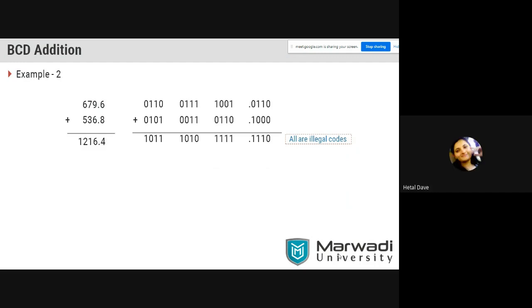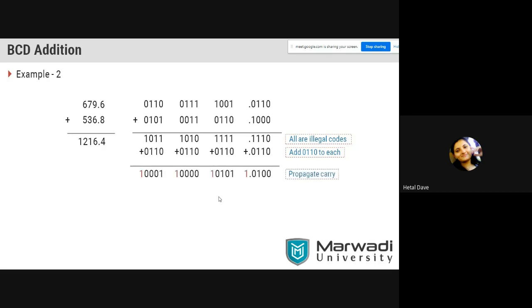Can you verify it? Have you added 0110 to each and every combination? I want to see whether you know binary addition or not. So 0001, 1, 1, 0 carry will be forwarded to 1. 1, 1, 1, 1 carry will be 1. I hope you know the addition. Once you do the addition, the carry is written separately and added here. Same thing as what we did in our previous lecture.